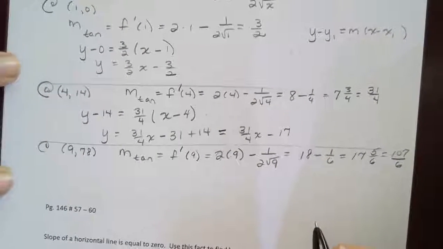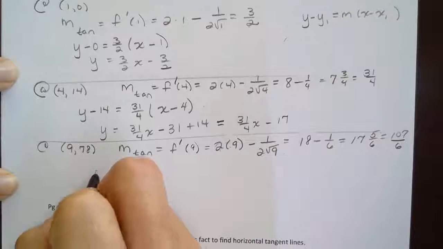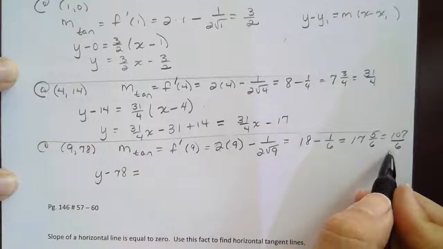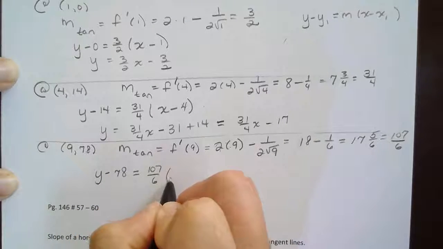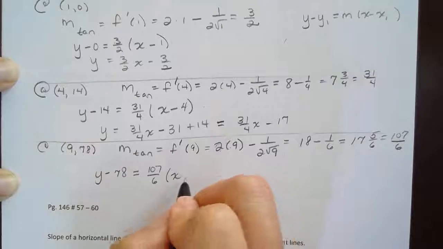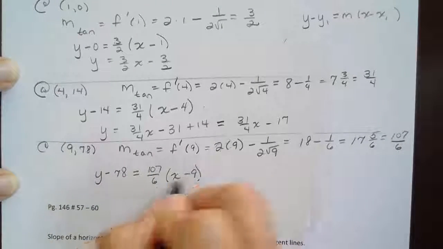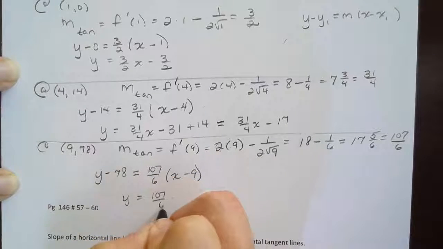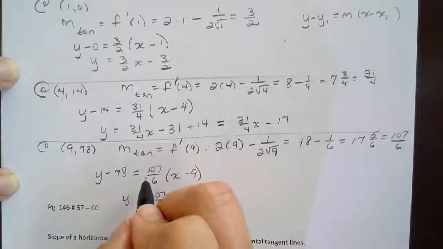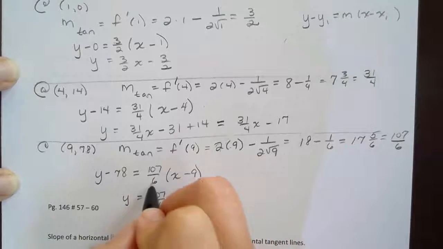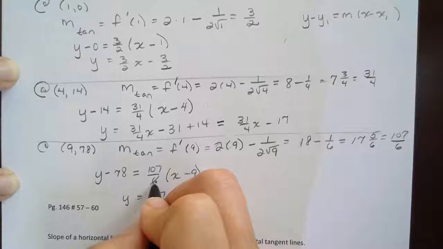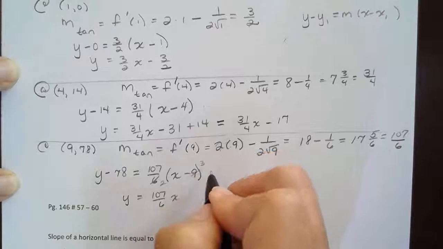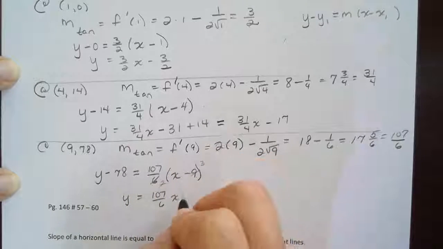Now we can go ahead and use our point-slope form. So y minus y1, which is 78, is going to be equal to the slope, 107 over 6, times x minus the x coordinate, which is 9 in this case. So we're going to distribute, we're going to bring the 78 over. So y is equal to 107 over 6 x. Now, when we multiply 107 over 6 times 9, let's reduce. 3 goes into 6 twice, 3 goes into 9 3 times. 107 times 3 is going to be 321